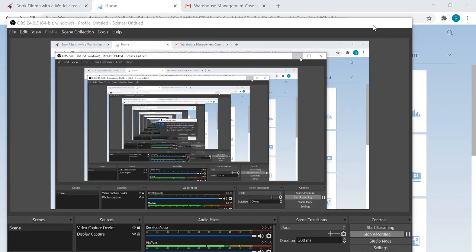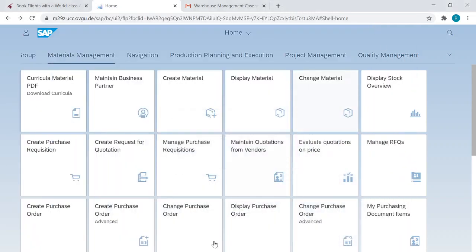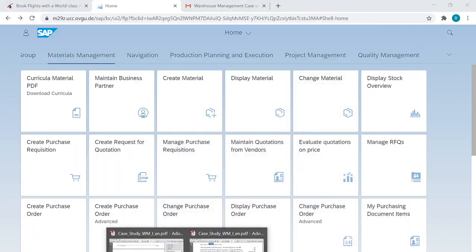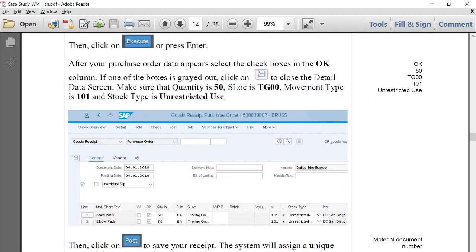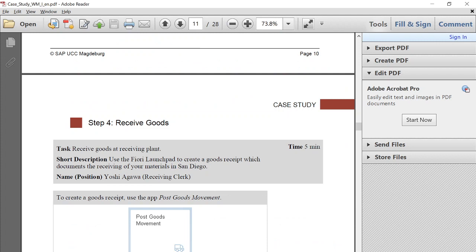So we are moving towards your lecture again today. In the last class we discussed how to create a purchase order, and now we are moving ahead from that step, and we also looked at how to check the stock through stock overview. Now, in order to receive any goods and services against a purchase order,